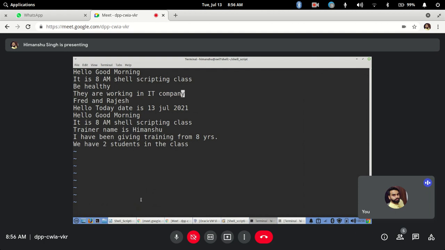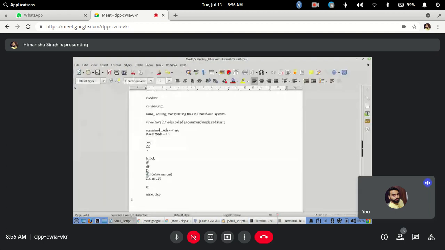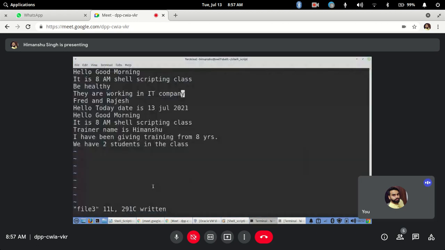Okay, and I will save it. So CW will remove the word where your cursor is. It all depends where your cursor is. CW will delete the word but take you back to insert mode for replacing that content. If you just want to delete it, use DW, but if you want to replace that word, use CW. Clear?